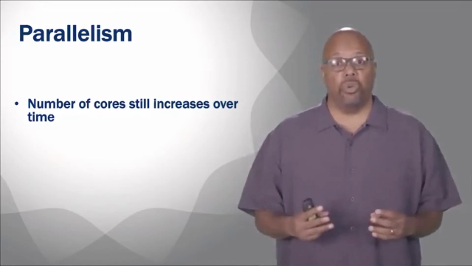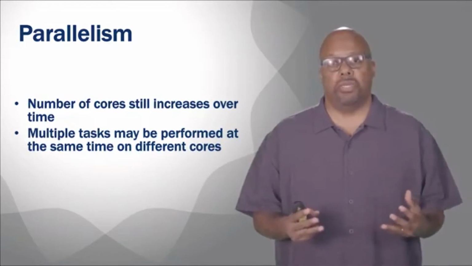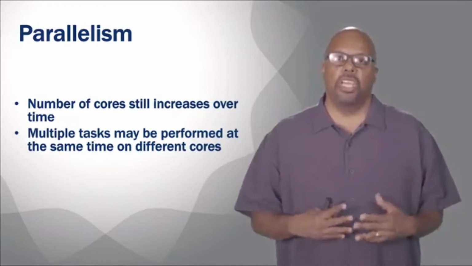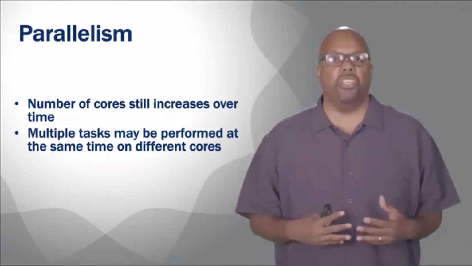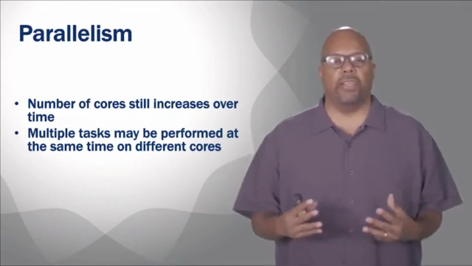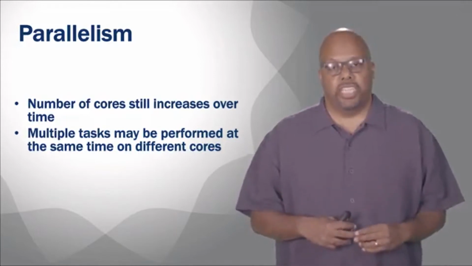And that helps you because you can perform multiple tasks at the same time, potentially. Not always, but sometimes. If you've got 4 cores, you can do 4 things at once, and that can improve your speed. You can get things done faster. Now, it doesn't necessarily improve your latency, but your throughput will improve, potentially.